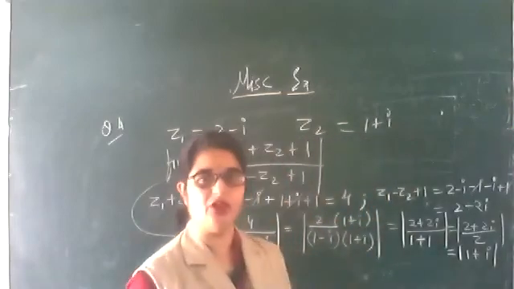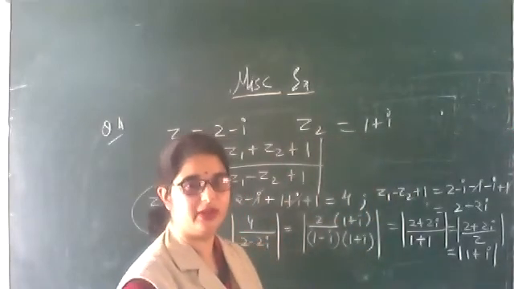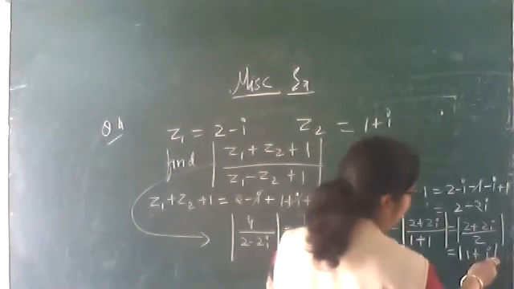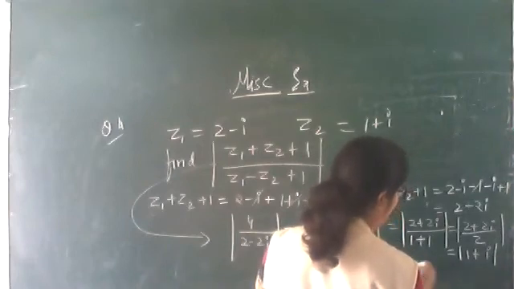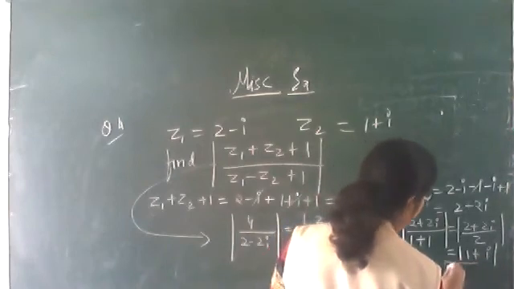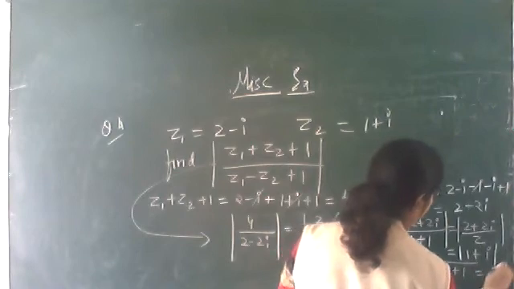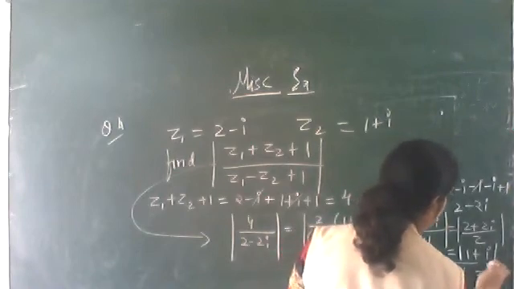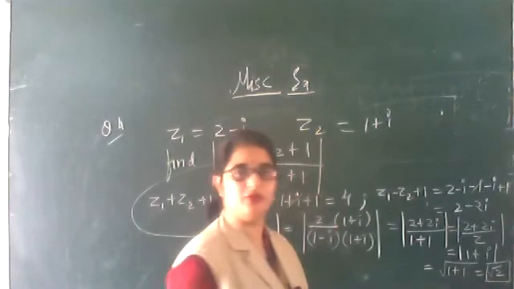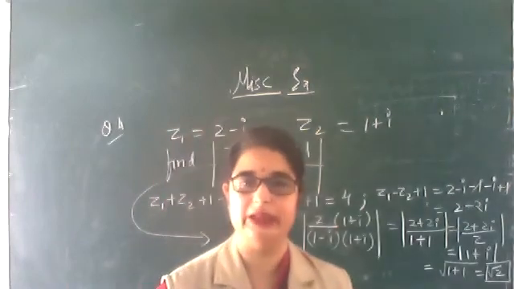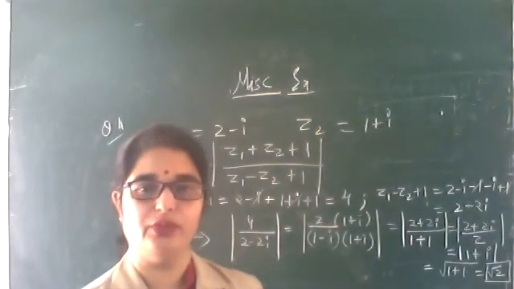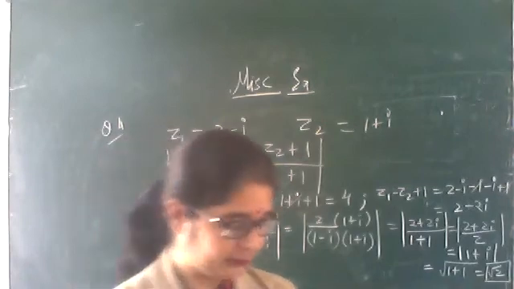Now can you find the value of the modulus of 1 plus iota? What we are having? X square plus y square. So the modulus of this is equal to 1 plus 1, that is equal to root 2. So your answer is root over of 2. Clear? Root over of 2 is your answer.